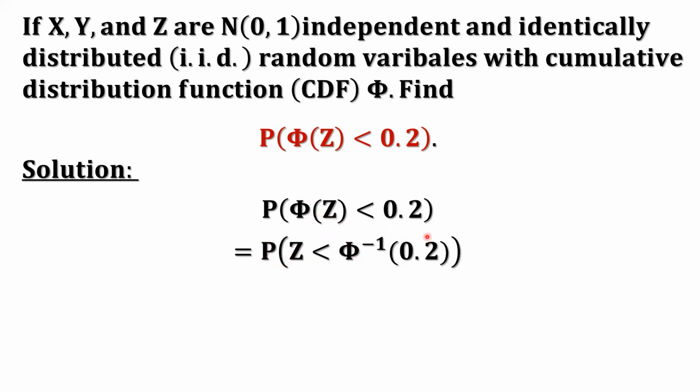So what is the definition of this? This is the probability, the cumulative distribution function. That's the cumulative function, that's phi. What's the random variable? Z here, right? What's the CDF for Z? It is also phi. So here, this can be replaced by phi. Phi of the inverse phi. We can cancel each other. That's 0.2. That's the answer.